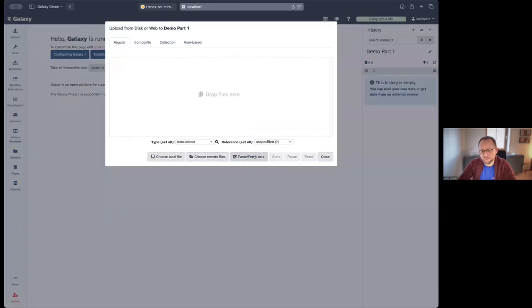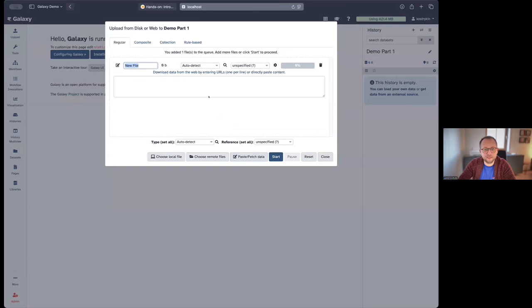Then there's a paste or fetch data button, and there I paste the link that I just copied. From my experience, it is helpful to specify the file type of the file that the link points to in case you know it. And we can also adjust the file name based on the link that we just pasted here.